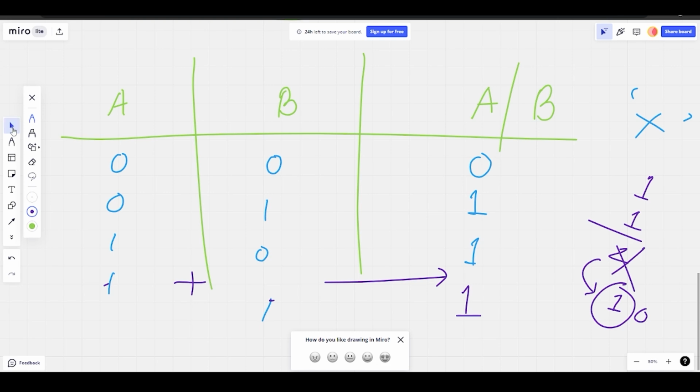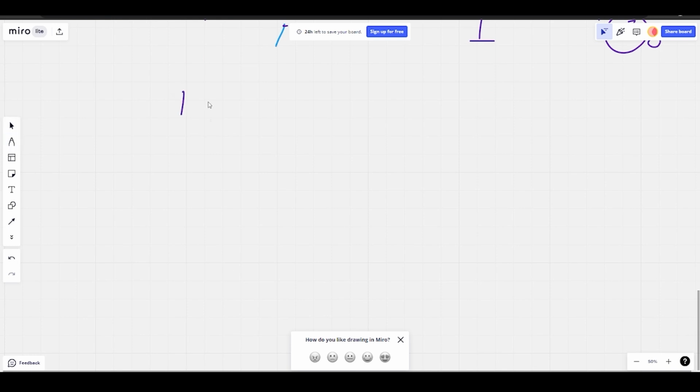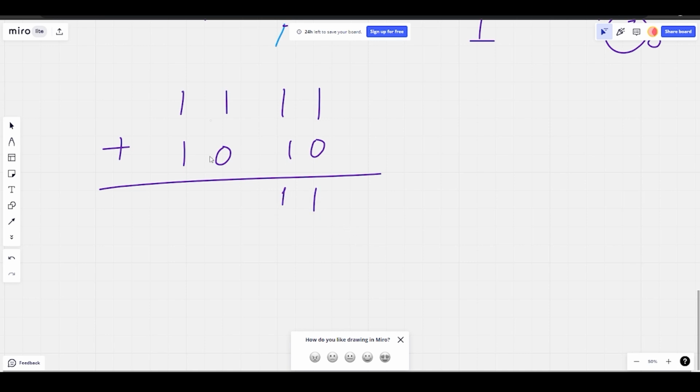How does it work? If I take the same numbers, that is 10 and 15. So if I write here 1, 1, 1, 1 and 1, 0, 1, 0. If I have to do an OR, I just have to add. That means you can write the add sign also. 1, 0 will be 1. 1, 1 will be 1. I have told you the reasons just now. 1, 0 will be 1 again, and 1 will be 1. So I'm getting 15 here. So for OR I'm getting 15, for AND I'm getting 10. So that is how the thing works.